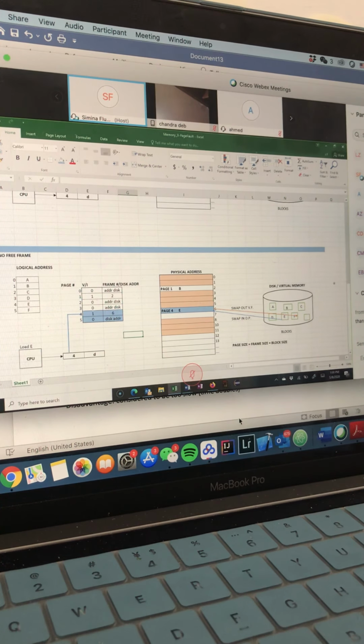So just an example. Let's say you want to initialize an array, and your array has 10,000 elements. However, your array fits in one page. So let's say that your array fits in page 4. Okay. So you have a page fault to bring page 4 in the main memory.